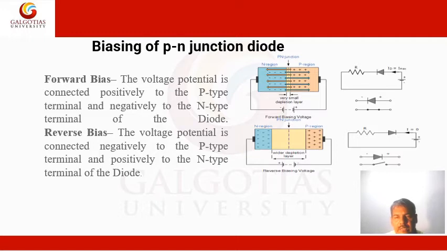So in this case, the internal electric field and the external electric field are both in the same direction. So the width of the depletion layer increases. This is shown here in the figure. Now the circuit symbol is shown here at the right side, and this negative portion means the n-type semiconductor is connected with the positive terminal, and this P symbol is connected with the negative terminal. So this diagram shows the reverse bias condition.